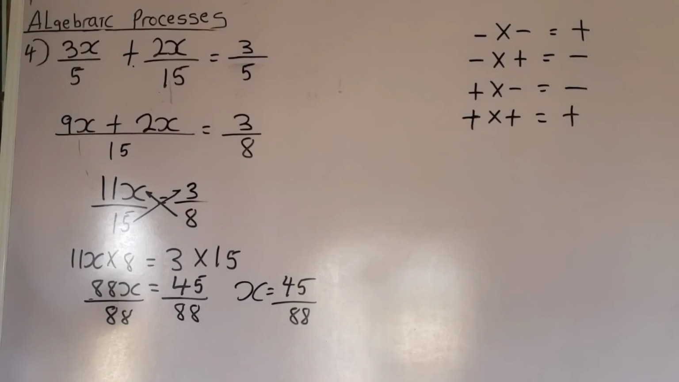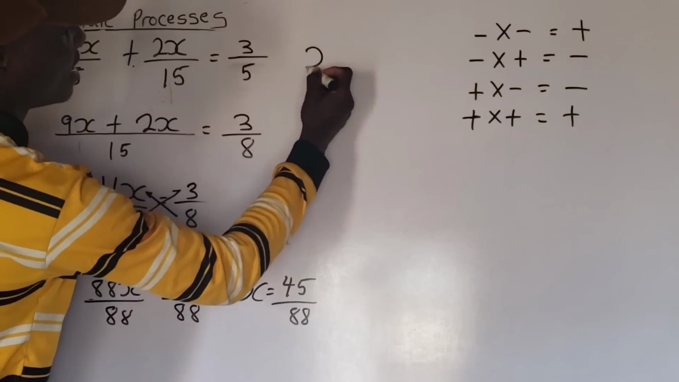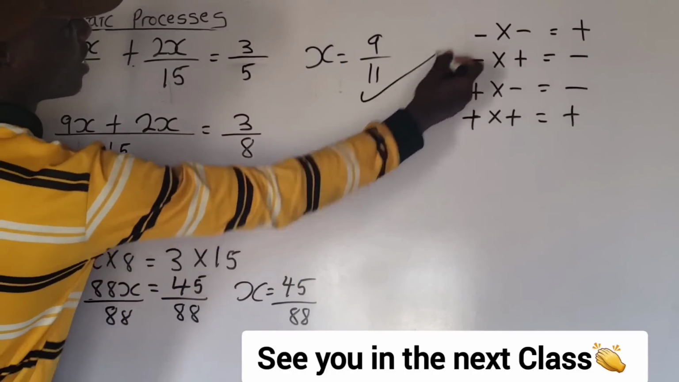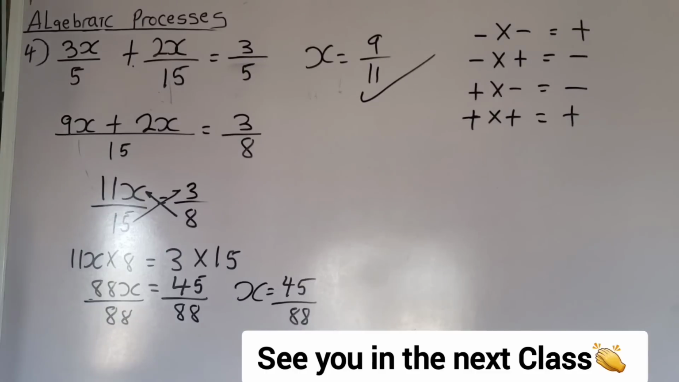Well, let me give you the final answer. The final answer is 9 over 11. x will be equals to 9 over 11. If you got the answer right, you are correct. If you didn't get this, you are wrong. Okay, so